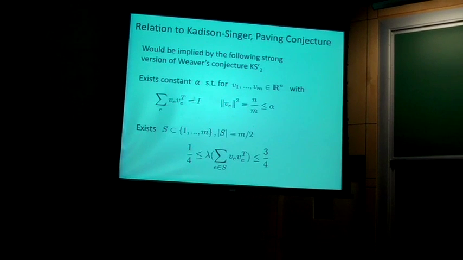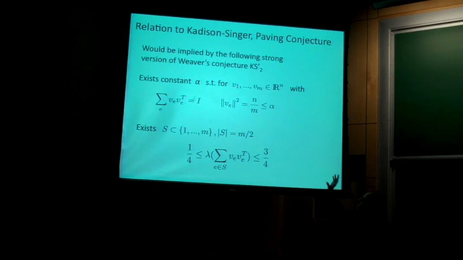Because there's another problem that looks a lot like ours, which doesn't have these scale terms. There's a famous conjecture of Kadison and Singer, which has been shown equivalent to a zillion other conjectures, famously the paving conjecture, and a recent one by Nik Weaver he called conjecture KS2 prime, that looks a lot like ours. Let me just tell you briefly what it is.